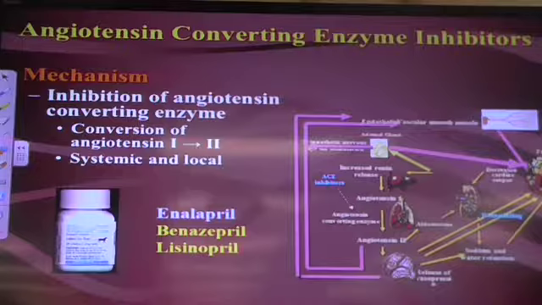Benazepril. How many of you are familiar with benazepril? Okay, that's also available in the United States, human, and it's approved for use in Europe in animals. And the biggest difference between the two is probably frequency of administration, once a day versus twice a day. But the other biggest difference is benazepril is approved for use to treat renal disease, and we'll see that as we come forward. And then lisinopril, if you just want to make a mark, why would we use lisinopril? I'll mention it again because it doesn't require activation. So we'll mention that when we get there.